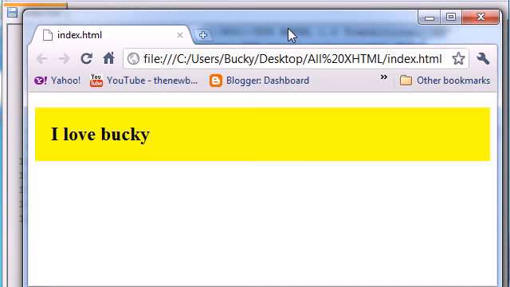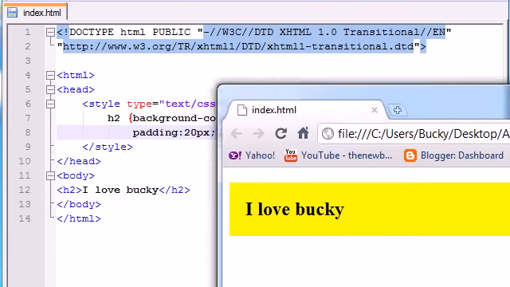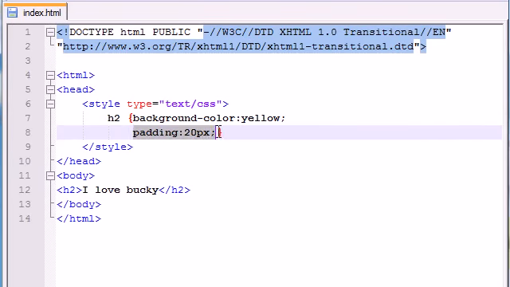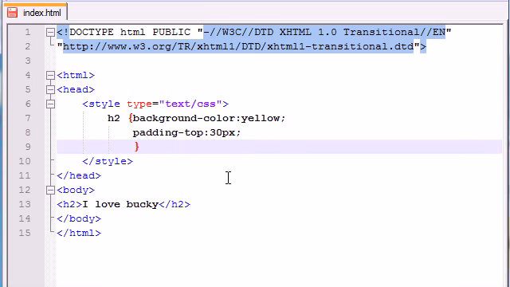But now I want padding, but I don't want it all the way around. Maybe you only want padding on the top and bottom. In order to do that, this isn't going to work anymore, because this gives you padding all the way around. In order to change the padding in any one direction, they give you 4 keywords that you can use: padding-top, padding-bottom, padding-left, and padding-right. So let's go ahead and change it on top and bottom. Padding-top, let's add like 30 pixels. And for the padding-bottom,